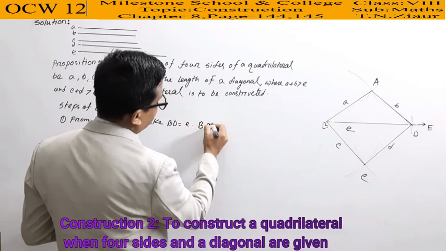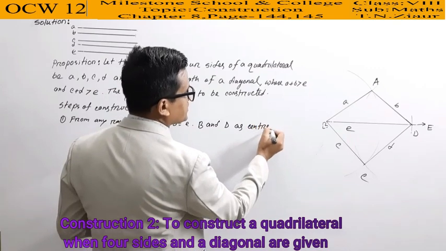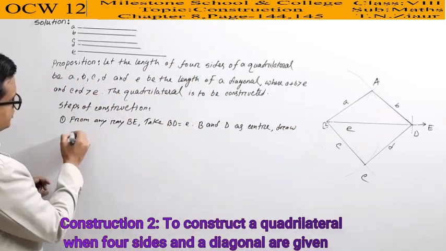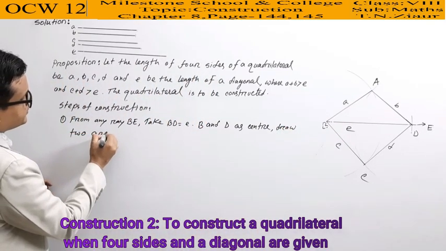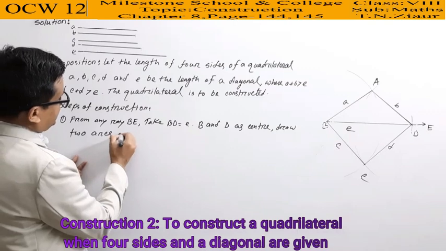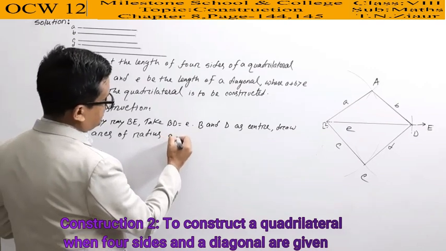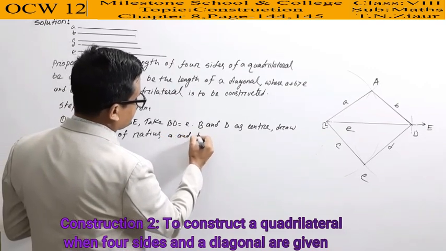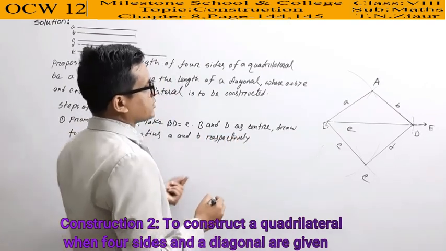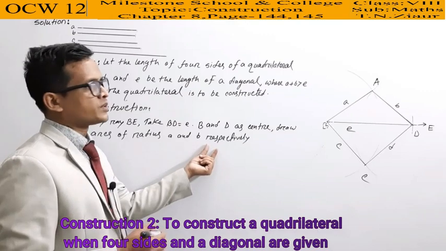Now B and D as center. Okay, students, B and D as center, draw two arcs of radius A and B respectively. Two arcs of radius A and B respectively